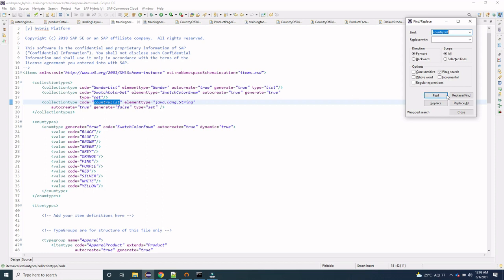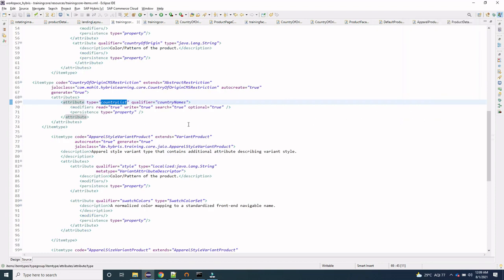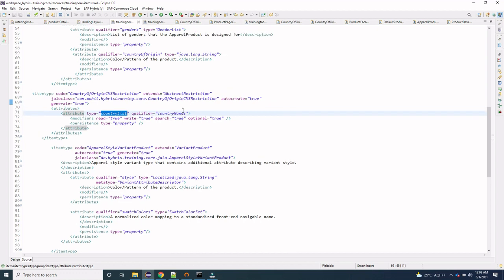So we have created this country list, and in this item type we can define a set of strings basically.